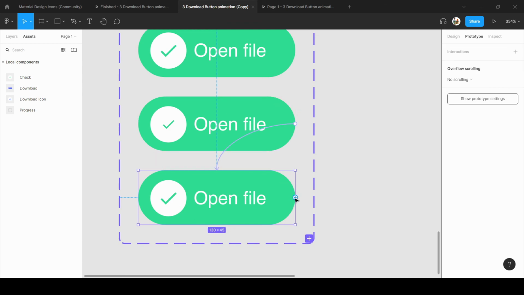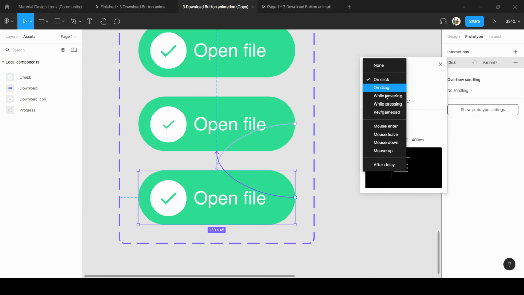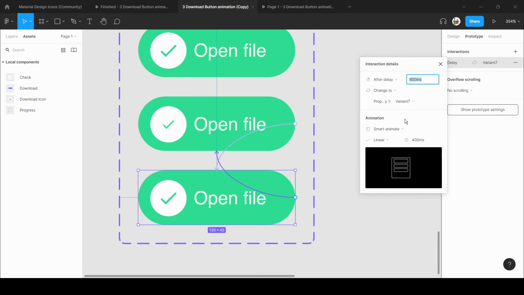So I will connect this to the second last one, and from here I will choose after delay as 1 ms. And from the smart animate, you just need to add 100 or let's say 200, because it gives smooth animation. If you keep the 400, then no issue, but you will not identify the animation properly. So I will say 600 here.